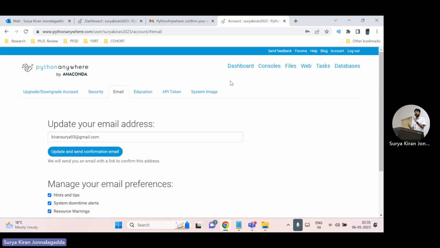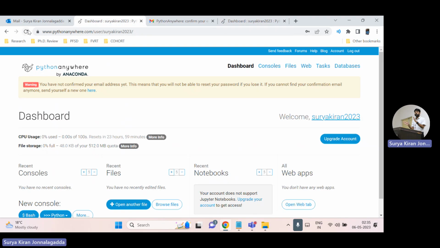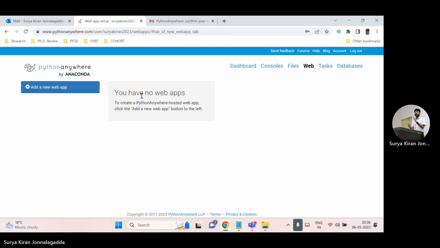Perfect. Now you can click on dashboard. If you refresh this also, you'll get the same. I'm just removing this one. Yeah, perfect. So this is the website we have, and now we are going to create a new application. I'll go to the Web tab and create a